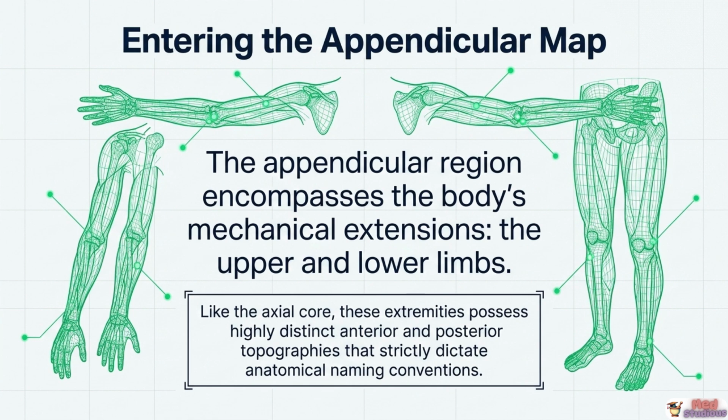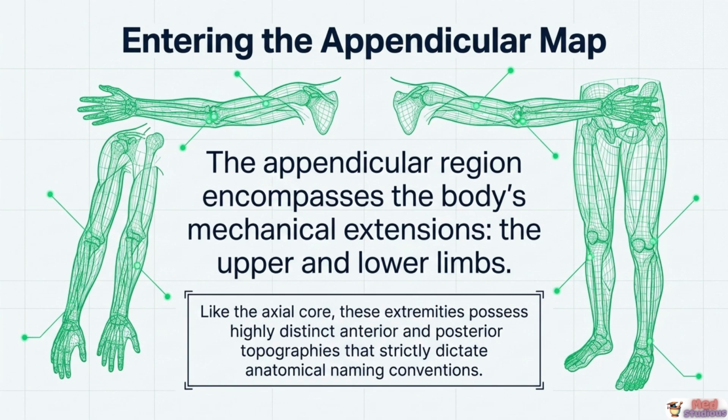The lower limb is the locomotion and support platform, designed for weight-bearing, propulsion, and balance. Both limbs are organized hierarchically, from the girdle that connects them to the axial core, through the proximal shaft, through the hinge joint in the middle, through the distal shaft, and terminating at the extremity, the hand or the foot. This hierarchical organization applies consistently to both limbs, creating parallel naming structures that mirror each other, a concept we will